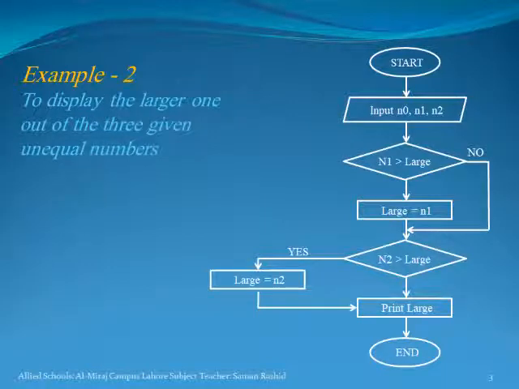In case of no, the program shall repeat the comparison until it gets the answer. In case of yes, the program will show the larger number and end the program here. Further examples given in the book are the same as explained previously. Students must study the remaining examples from the book and try to understand the symbols of flowchart and how to use them.